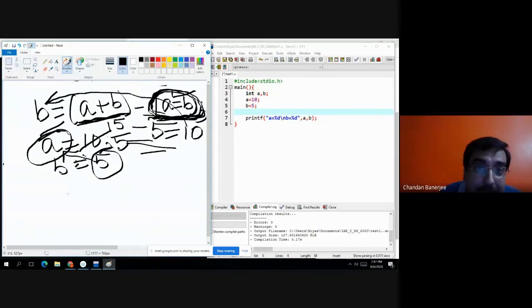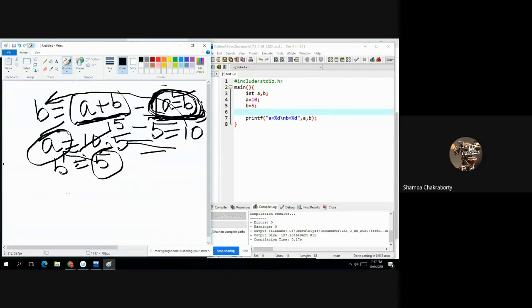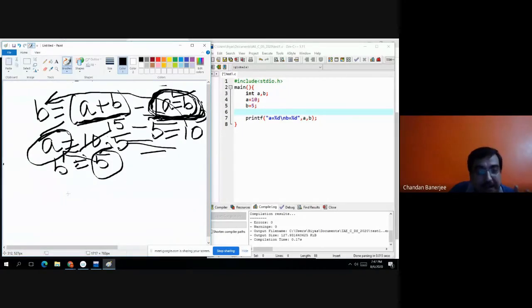Yes, sir. If you have any problem at this particular point, take a paper, take a equals 10, b equals 5 and try to trace it out.